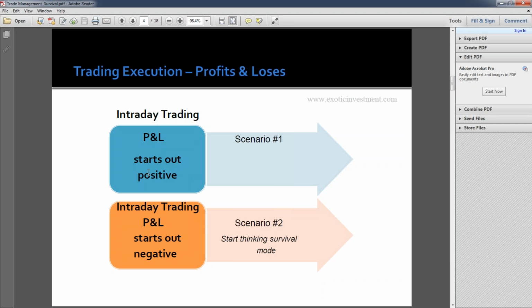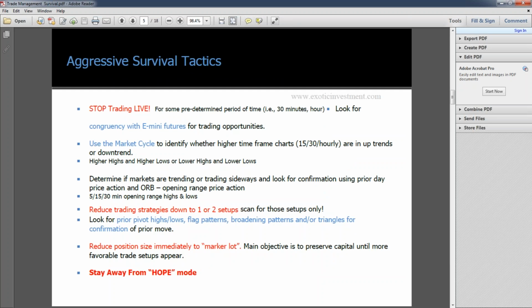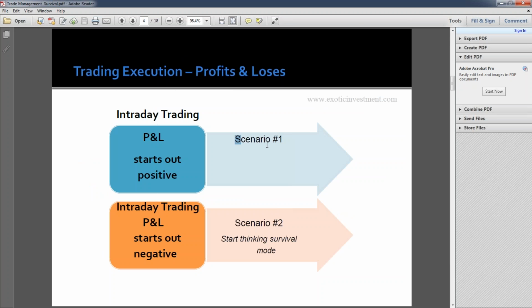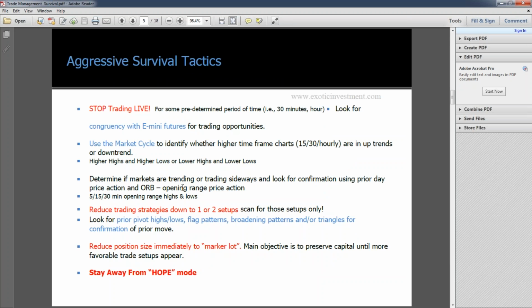So profit and loss starts out positive. Intraday trading profit and loss starts out negative. There are two ways you can think, and in each situation, think of what you will do further. Okay, and afterwards set the mood accordingly, and then trade. If you don't want to trade, when you start with a negative, if you feel that it is good for me to stop trading for the day because your mood already got negative, you may always see